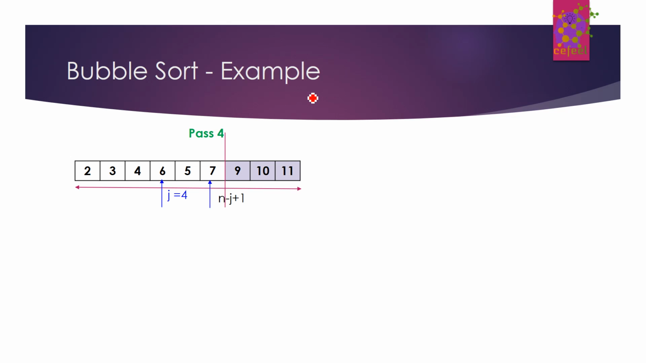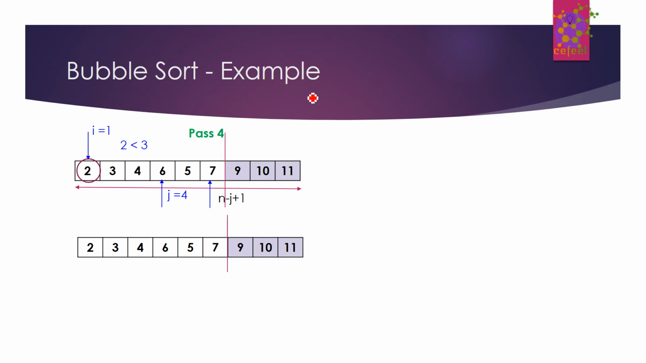j now points to 4, and n minus j plus 1 will point to the last unsorted element, which is 7, and we start from i equal to 1. We compare adjacent elements, which means we'll compare 2 with 3, 3 with 4, 4 with 6, and so on, till we push the maximum element to the end of the array. In the first case 2 is less than 3, and there is no need to swap. Even with 3 and 4 there is no need to swap, but swapping will be needed when i